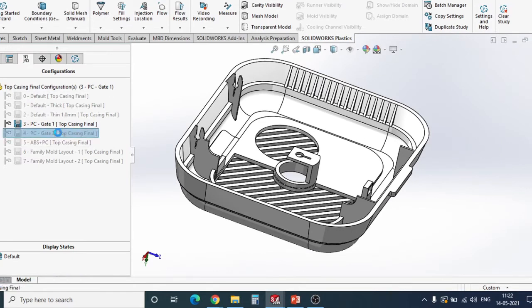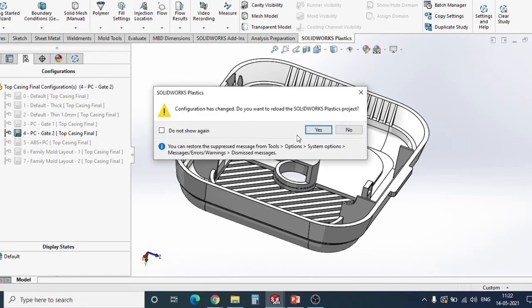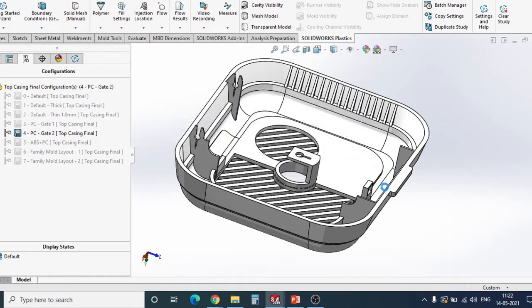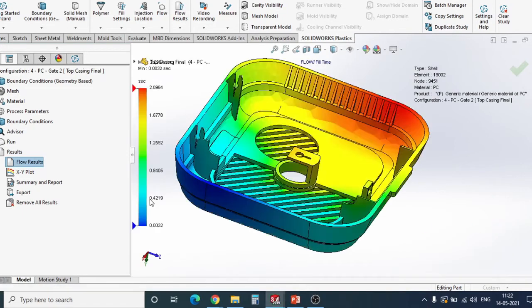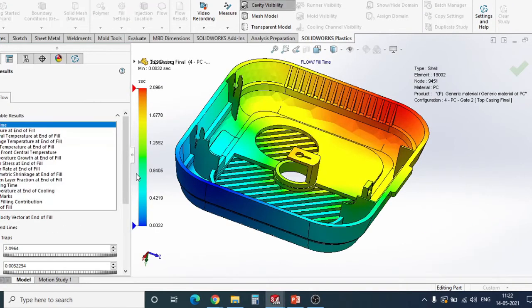Now let me check the next part. If I change the gate location, previously our gate location was over here and we got some results. So very easily I have created various configurations by changing the thickness, changing the gate location, changing the material, and how it will affect the model. Keeping the rest of the conditions as they are, I have just changed the gate location.